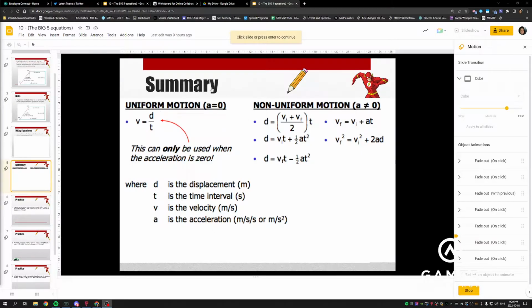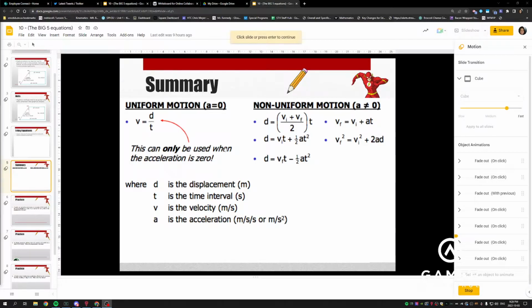Okay, so I just wanted to quickly go through some of the things that we covered in class with the big five equations. Hopefully the music in the background is calming and not too loud. So remember today that we talked about uniform motion, and uniform motion happens when our acceleration is 0. That's why there's no acceleration in this equation. So in this equation, our velocity equals our displacement over time, which is what we've been using up until this